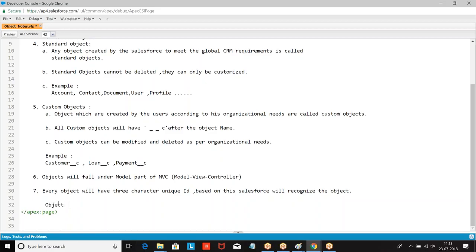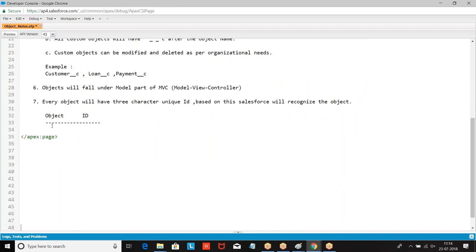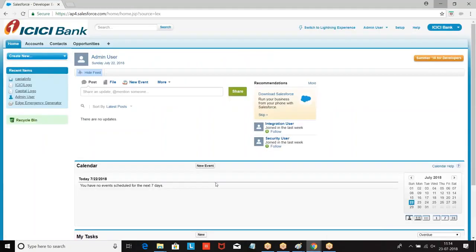Example: account will have 001, contact will have 003, user will have 005.